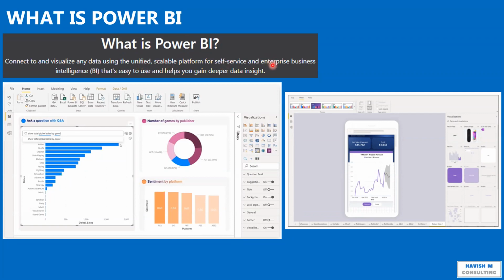It's both self-service and enterprise, so it can be used independently by you as a student, by me as a consultant, by a small firm and a large firm. And obviously, it's enterprise as well, right? So it scales very well from a very small team to a large team of 5,000, 15,000 people. And the idea here is it's a BI tool. It's not a data visualization tool. It's not called Power DA. It's not data analytics or data visualization. This is a business intelligence tool. That means that in addition to analyzing and visualizing the data, it will also help you generate insights from the data, right?